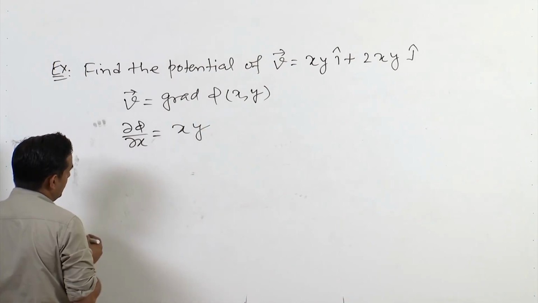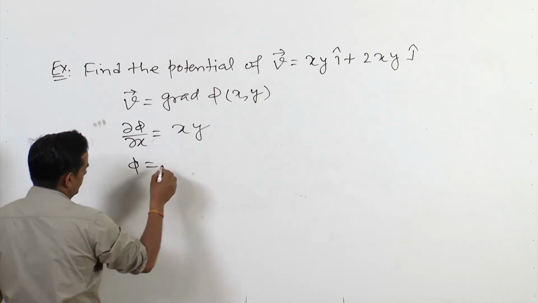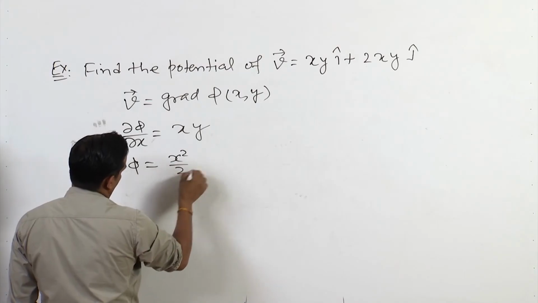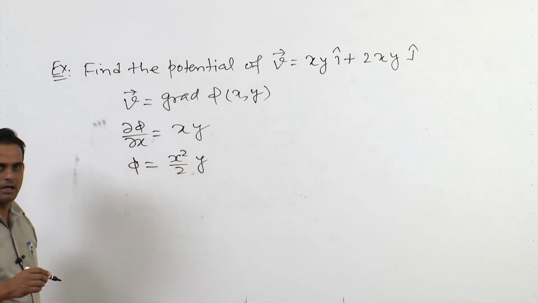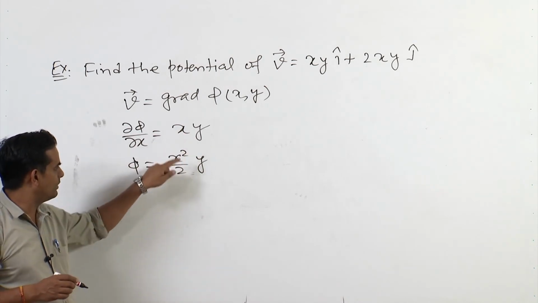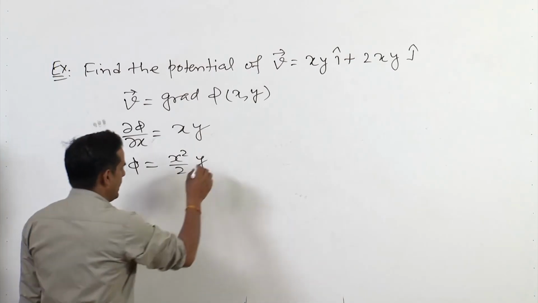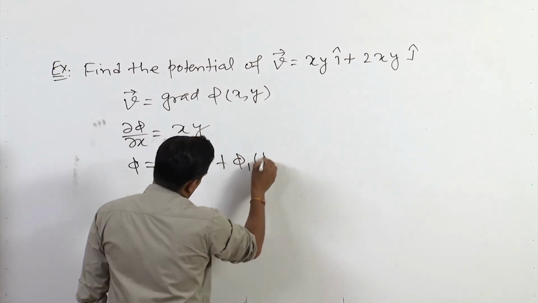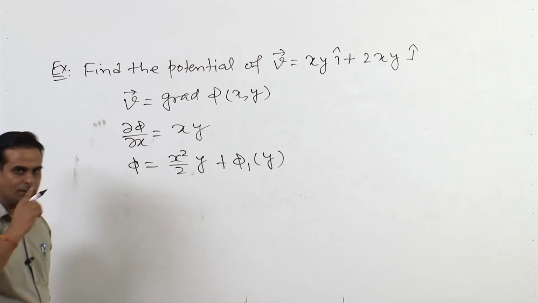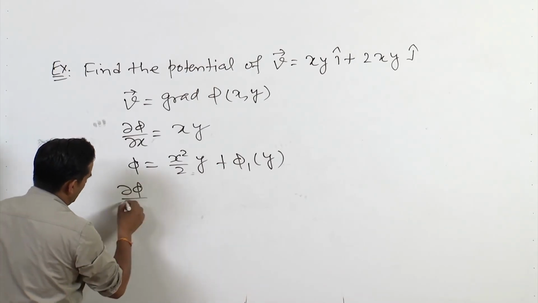If I integrate it over x, I will get phi equals x square upon 2 into y, because it will become x square by 2, plus a function phi 1 which is of y. Now if I calculate del phi over del y,